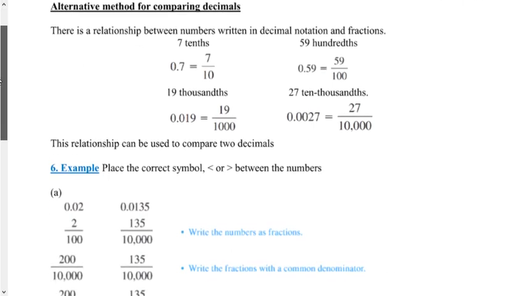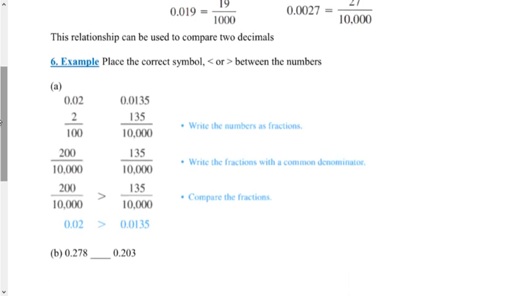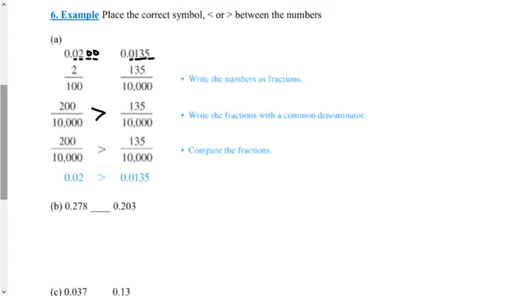Now, when comparing decimals, there's another nice way to do it, and that is to make sure that we all have the same number in the denominator, like the same label, if we're all talking about thousandths or 10,000ths or whatever it is, and then just compare the numerators. If I was looking at something like this, I see how this has 1, 2, 3, 4 decimals. If I made it so these had 4 decimals, it would look like that. All of a sudden this becomes 200 10,000ths versus 135 10,000ths, and it's very simple to then just say 200 is bigger. So therefore